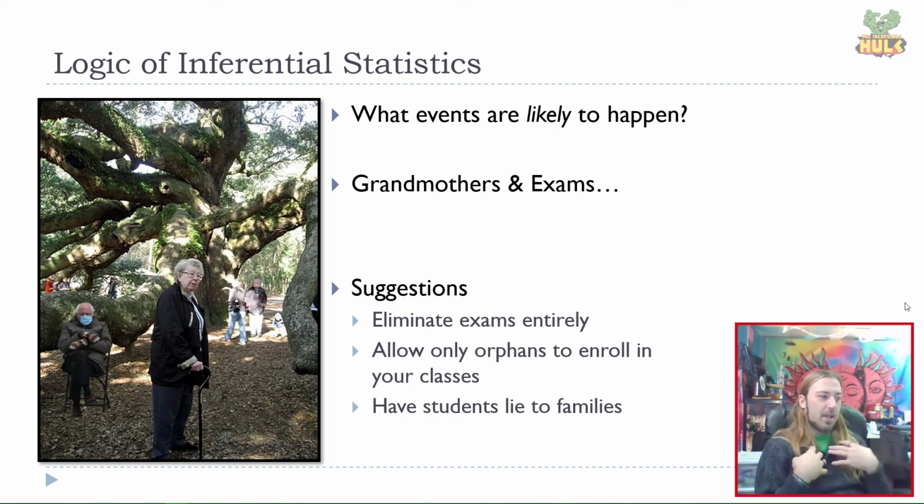So, as a responsible individual, what might I do? One thing I've thought about is just to eliminate exams entirely. Right? Forget it. Hell, it's not worth it. I'd rather we just discuss the statistics stuff, and I'd assess you that way rather than your grandma dying. I thought about only allowing orphans to enroll in your classes, but enrollment's an issue at universities, and the registrar's office doesn't allow me to do that.